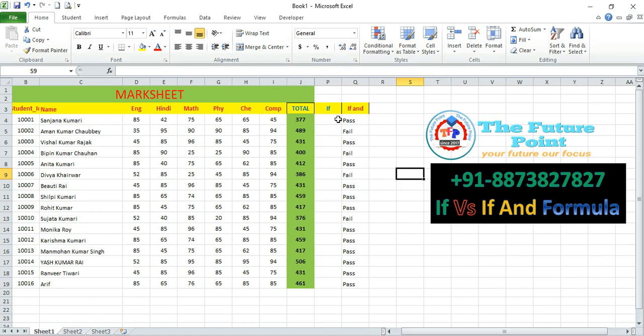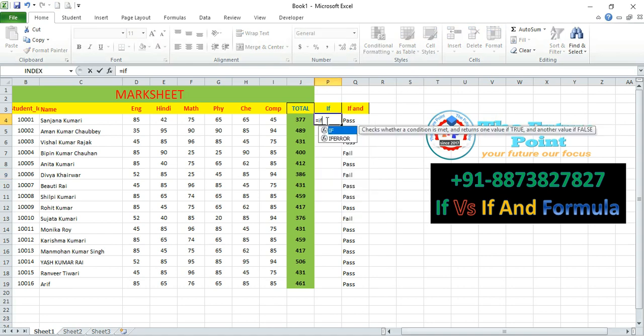And if you want, I can define the IF formula once again here so that you will understand it and your doubts will be clear. So in the IF formula we can define only one criteria. I can just type equal to IF. Okay, and I will select this subject. Now I define my criteria, greater than or equal to 40, then